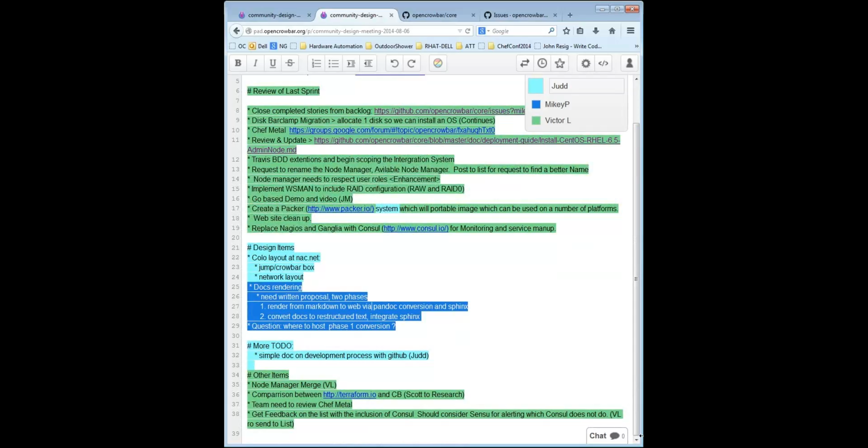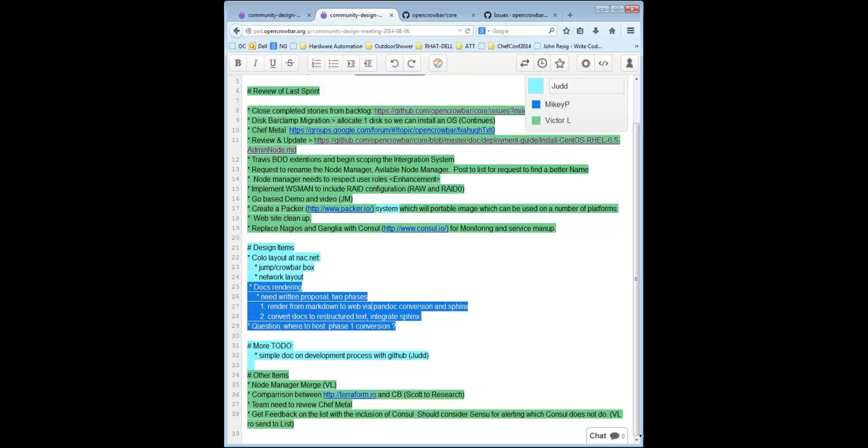Okay. So on the docs side, I do need to come up with a written design proposal, but the general idea is I'm going to work in two phases. Phase one, I'm going to take the existing Markdown docs and convert them to web documentation with a fairly complex Pandoc Sphinx conversion toolchain. And then phase two, once we have that working, we can go back and convert the docs in the tree to restructured text and set things up so that we have the same rendering in Crowbar and on the web using the same toolchain.